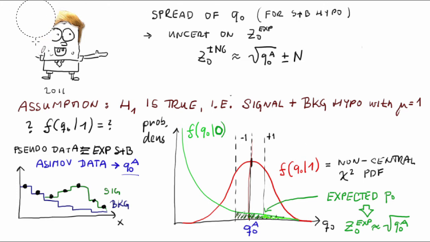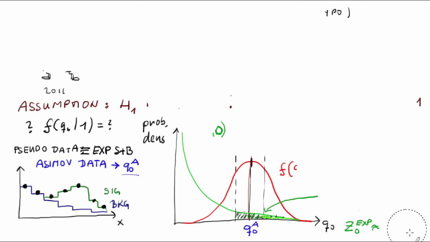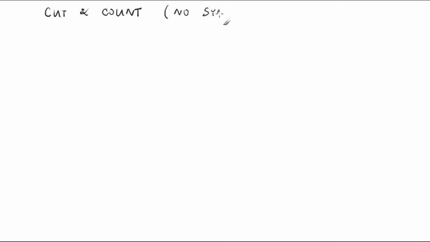So, we are done with the topic for today. In the rest of this video, we will look at examples and we will derive some famous formulae like the S over root B significance. We will start with an example of how to evaluate the expected sensitivity in a cut-and-count analysis without systematics. The model is n cut-and-count